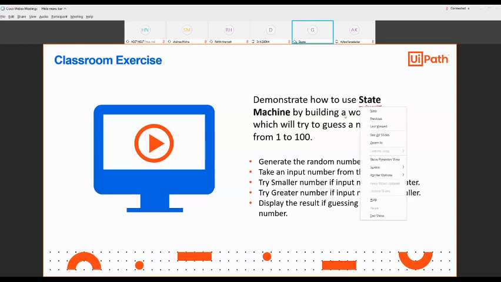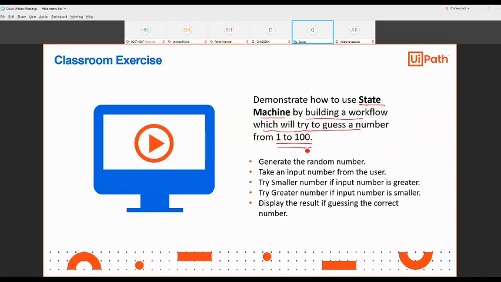So you have to demonstrate the use of a state machine by building a workflow which will try to guess a number from 1 to 100. First of all, you have to generate a number. After that, take an input number from the user. Whatever number you want to guess, you have to take that input from the user.